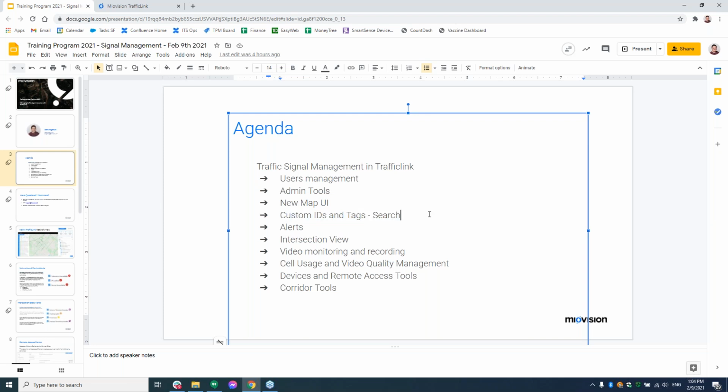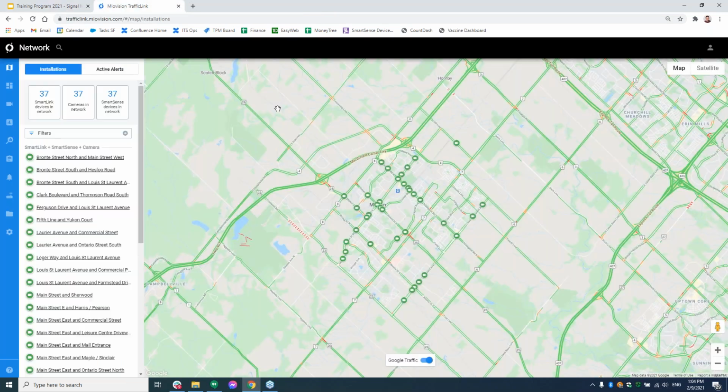There's a little handy trick with custom IDs and tags I'm going to cover, our alerts, intersection view, video monitoring, cell usage, and video quality management is a new one that I'm going to try and uncover, and then just some of the general devices and corridors that we have available in the platform.